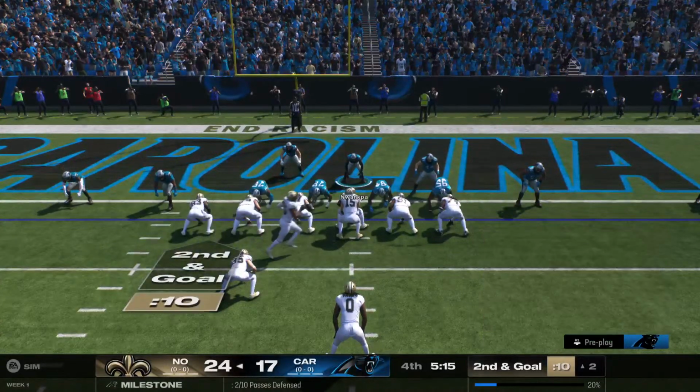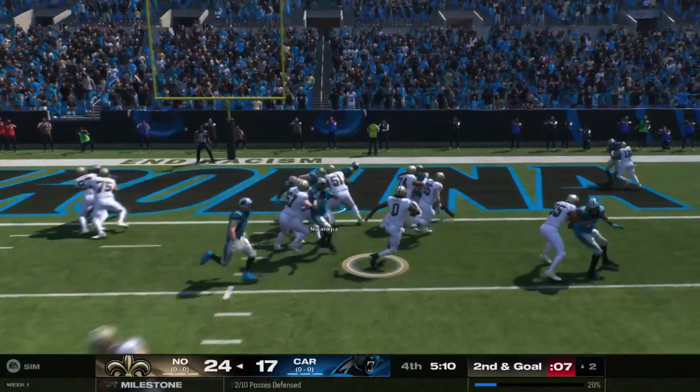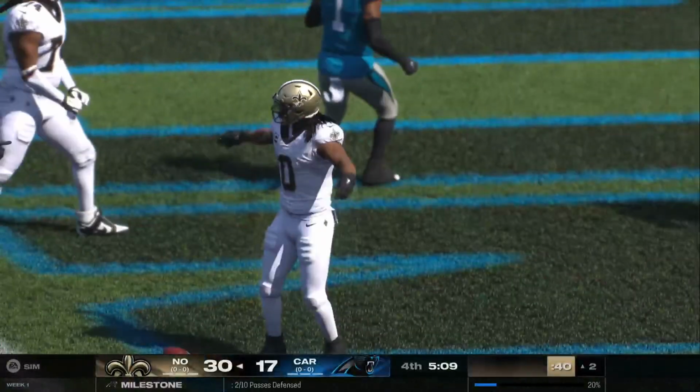In motion right, one of the tight ends. And they'll run again. And he is in for the score. Touchdown, New